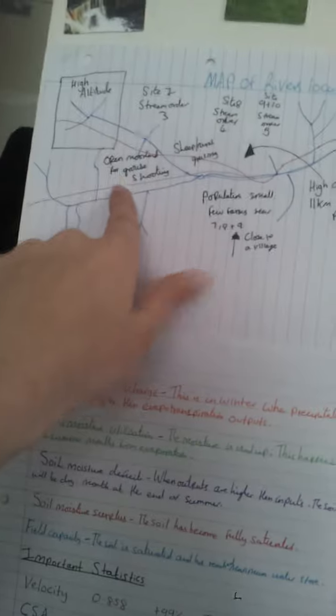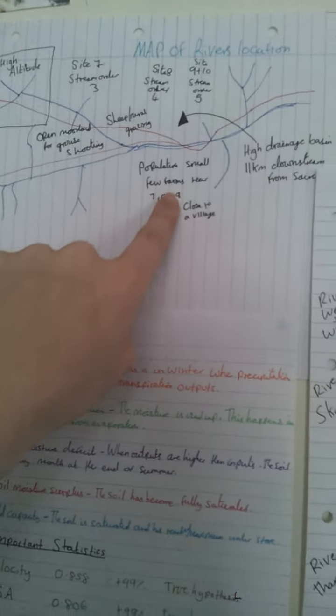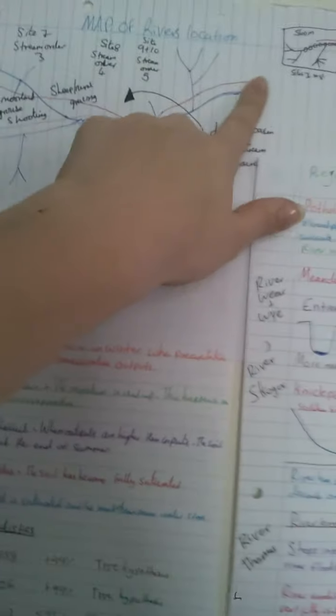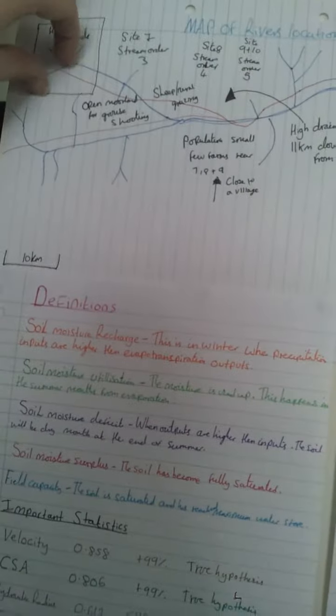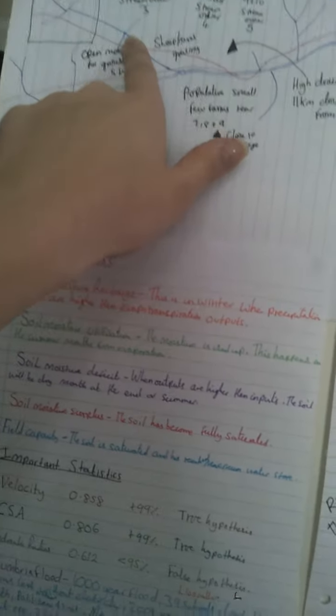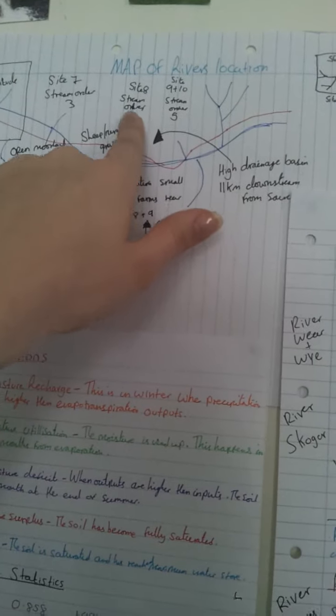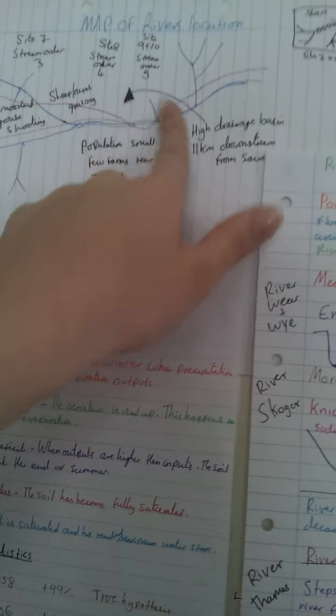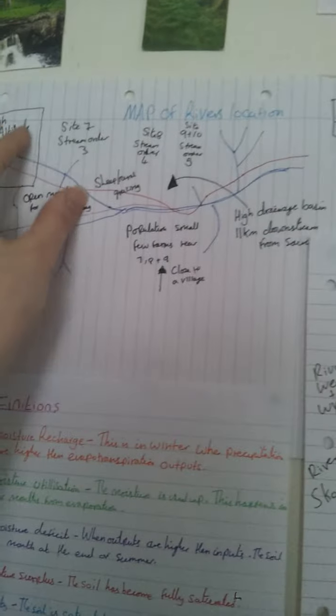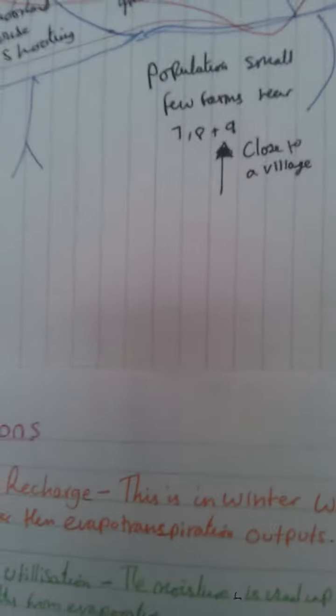All the different things: open moorland, and then as you get down you get a few farms, and you know, there's the road coming in, spanning off, and all the different stream orders. So it's stream order 3 by site 1, stream order 4 by site 8, and by site 9 and 10 it's stream order 5 with more coming in. And then this little bit here before 9 and 10 is up here, which is 560 metres along. You always need to remember your north arrow, which doesn't have an N on it, but I will put